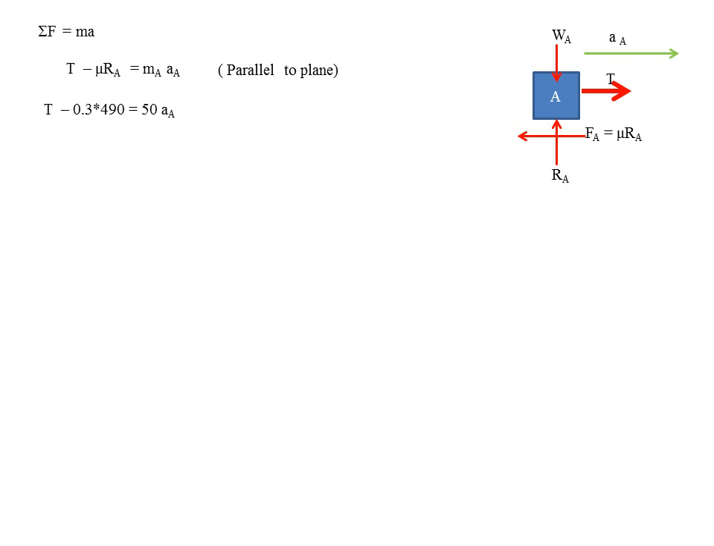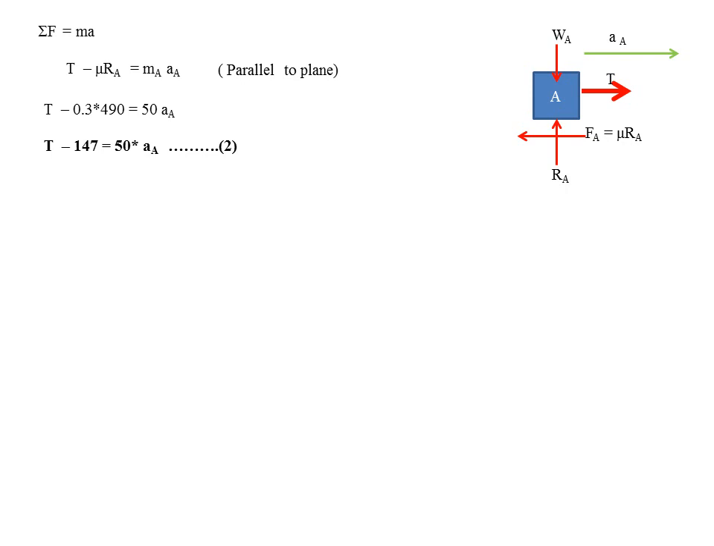MA we know 50 kilograms. So T minus mu is given 0.3. So 0.3 RA. We already found out, using the vertical or perpendicular to plane in the previous slide, the value of RA, which is 490. Substitute the value of mu and RA, we will get T minus 0.3 into 490 equal to 50, right? So if you again simplify that equation, we will get T minus 147 equal to 50 into acceleration of A,